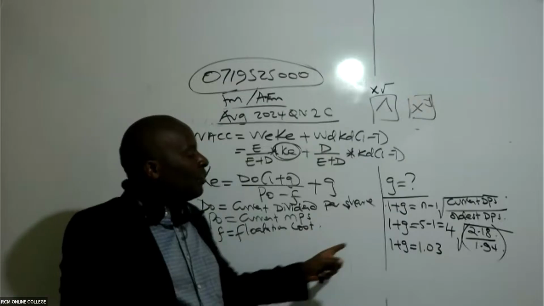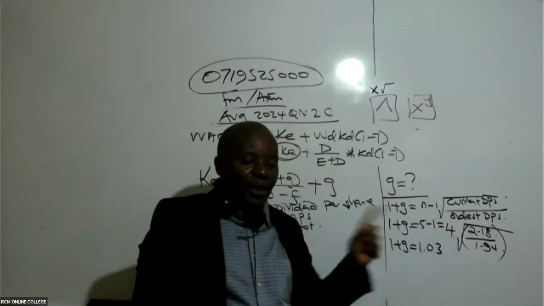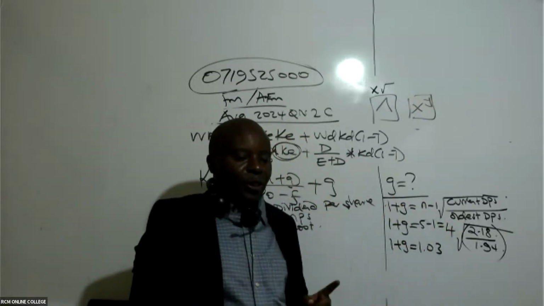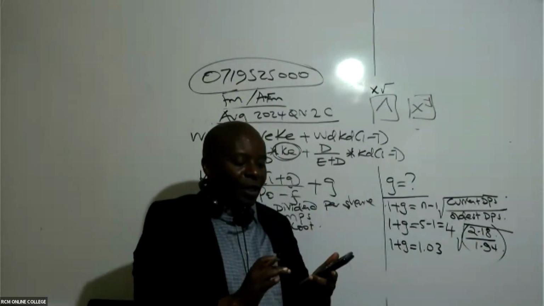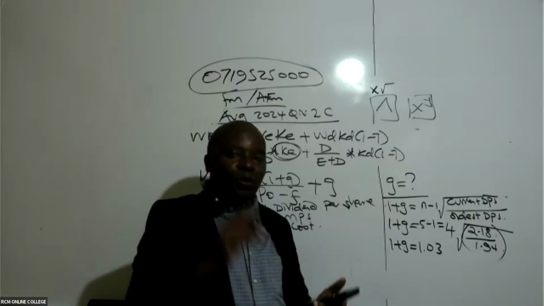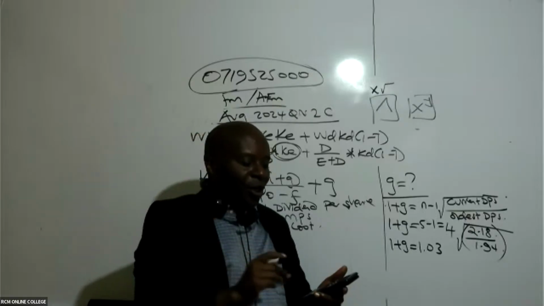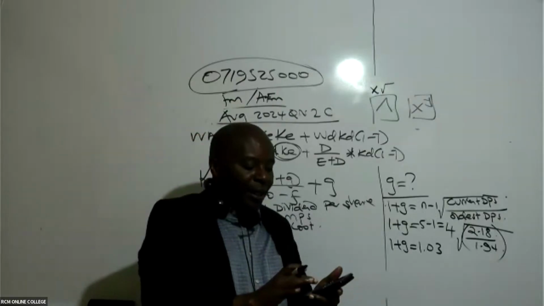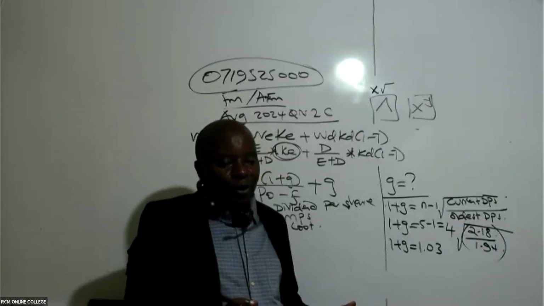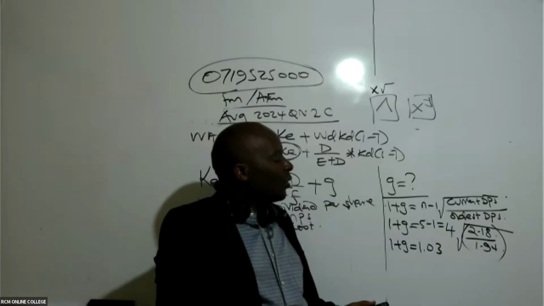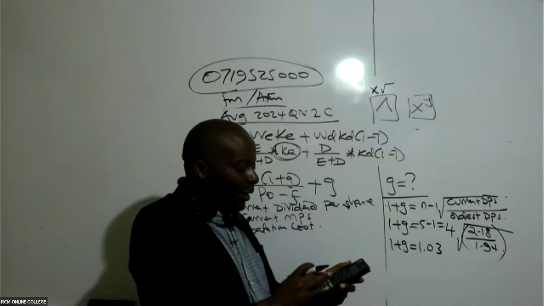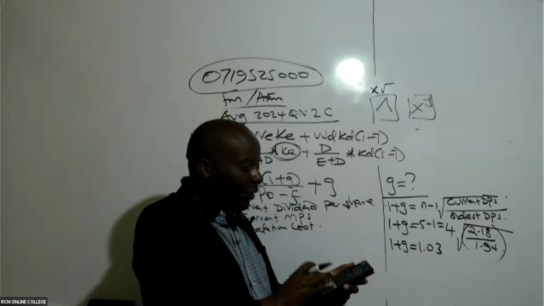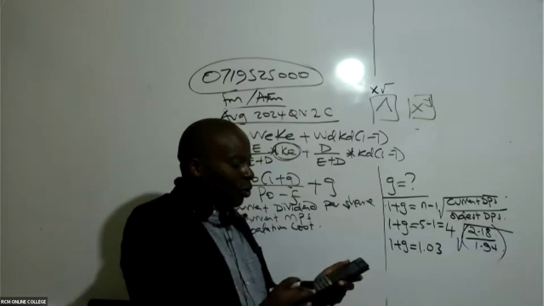Because most of them will say 4 and then they use square root. We want to get 4th root. How do we get 4th root? We shall come and press 4, and then we say shift because of the yellow second function. So shift, x raised to, this raised to here. And then I will be able to put brackets like that, and then I press 2.18 divided by 1.94. You close the brackets, and then you say equals.